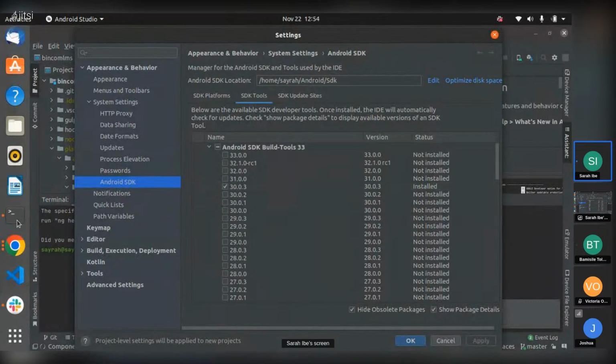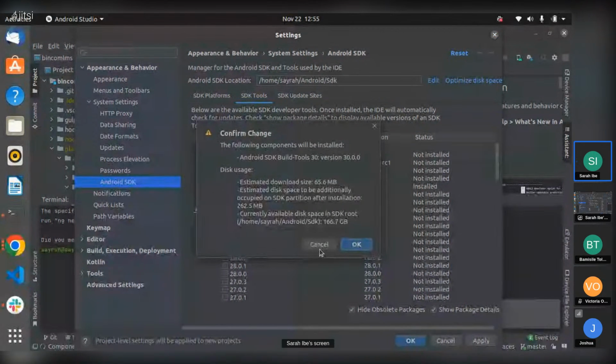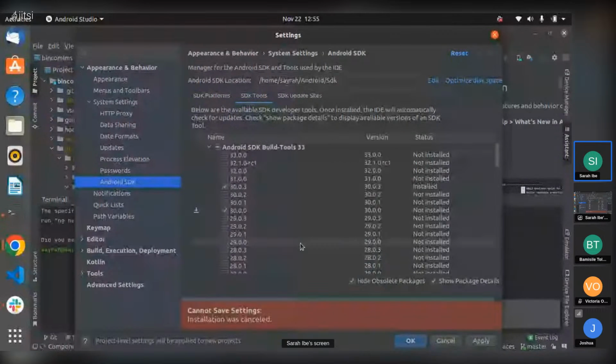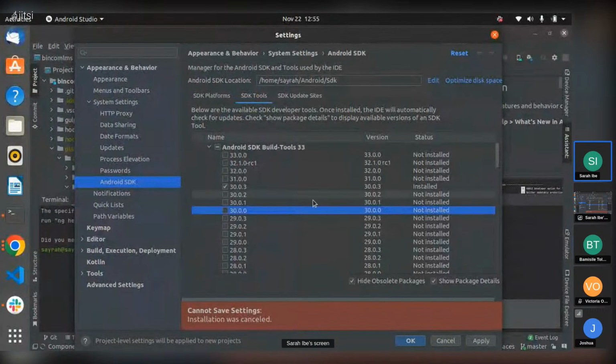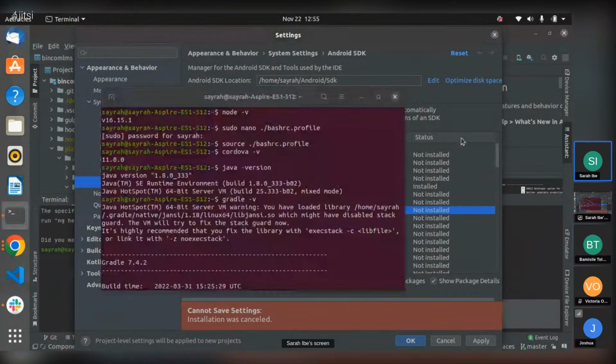Basically, just the SDK tools you have to install here. You just click on the one you want to install, and then okay on it. Then the following will be installed and the rest of it. So just okay and then you go ahead. Let's assume we have everything installed.